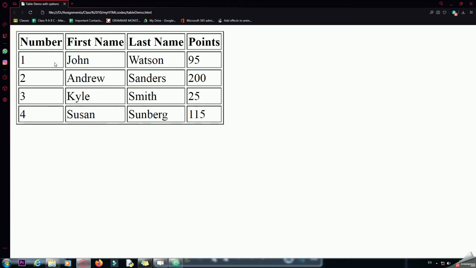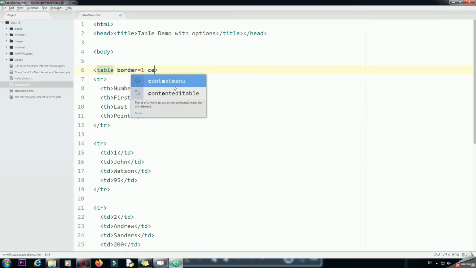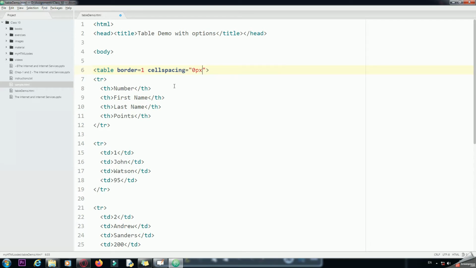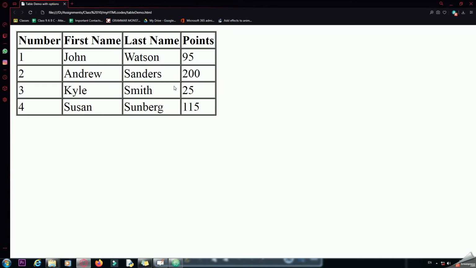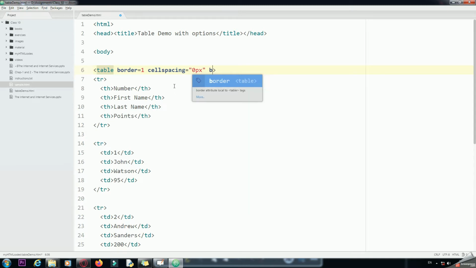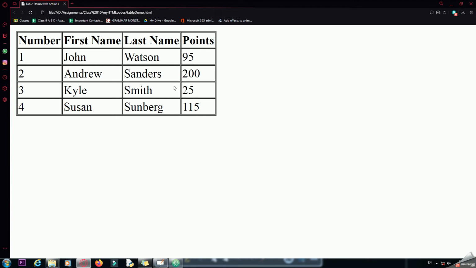So here you can see that this table has been created, but we are getting some spacing between the cells, which we will be removing by using the cell spacing option. As I had already explained, I will give 0 pixels to it. Come back here and press F5, and you can see that the border is now consisting of a single line. Now to this border you can apply some color. So for that I'll select border color option, and suppose I provide color red to it, save it, come back, and I press F5, and now you can see that the border color has changed.